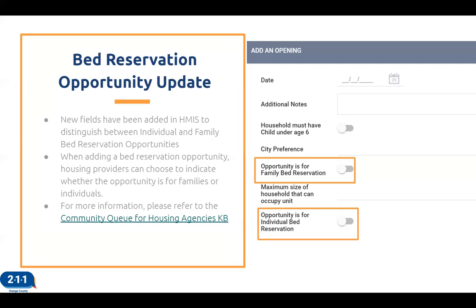So when a housing agency is adding an opening or opportunity, they can toggle those fields to delineate between the two categories. And if you have any additional questions or you want more information, you can also refer to our knowledge base article on the community queue for housing agencies, which also goes over the bed reservation system.